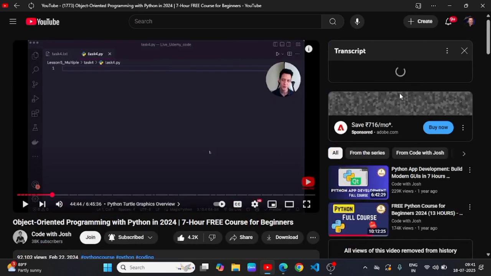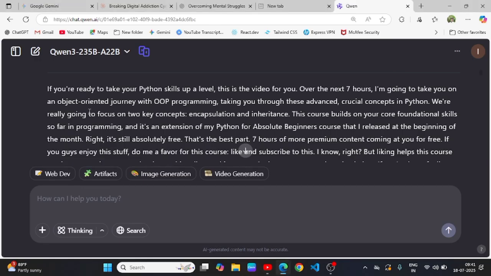So I click around 40 minutes, and after selecting and copying that segment, I just paste it on this AI tool called Qwen. I use Qwen because if you use ChatGPT or other platforms, they have a restriction, so they are not allowing you to paste a very big amount of text, but here you can paste it. Even on Claude you can also paste it. So that's why I use Qwen. It's really free of cost.